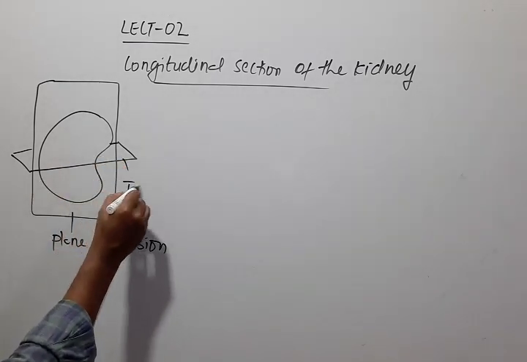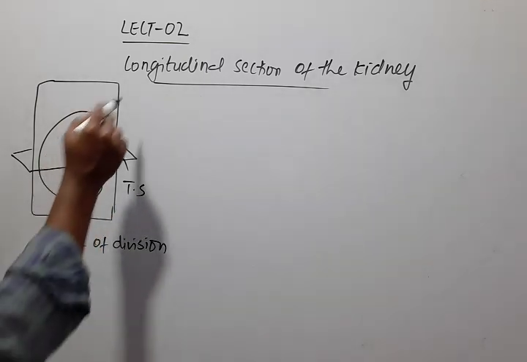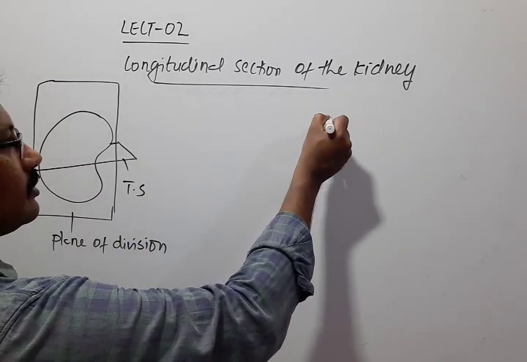So this is a TS, transverse section. Here we are not studying about the transverse section. We will see about the LS of the kidney, right? So now,